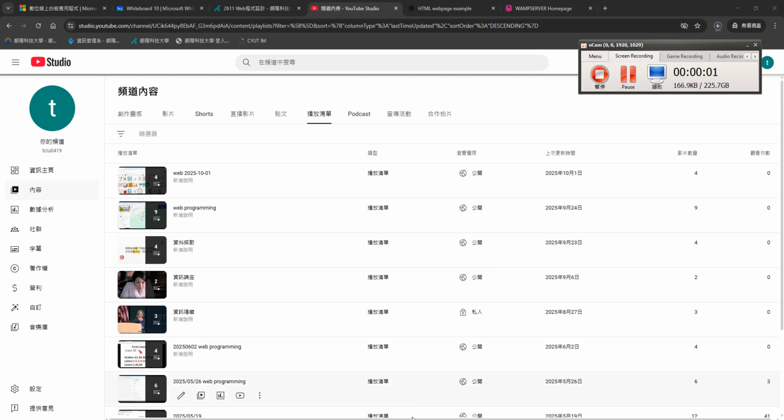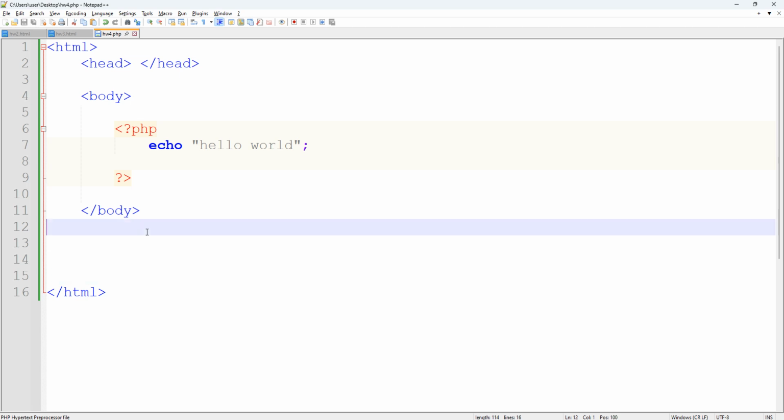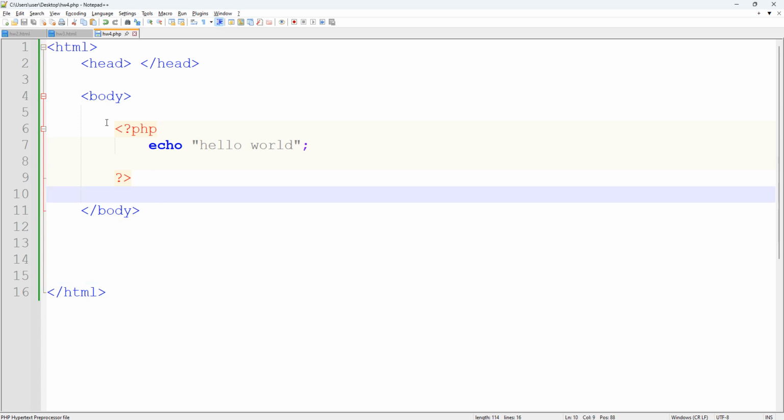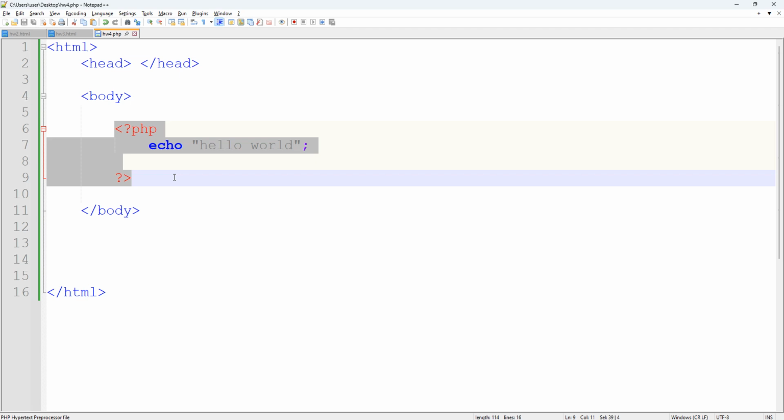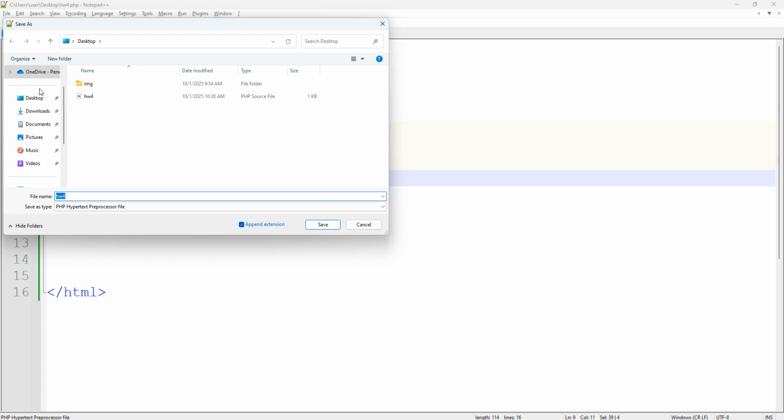Okay. So what is next? I just finished a PHP program, right? As I say, the program cannot save to desktop anymore. It should be saved to where? File, Save as